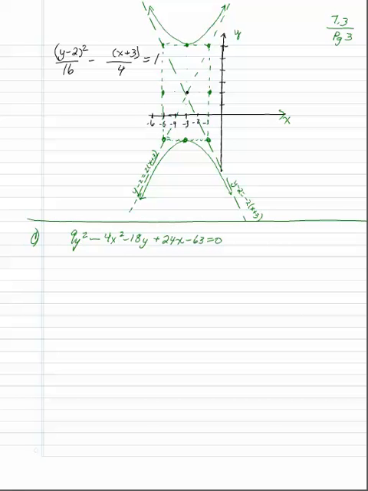Let's do another one where you got to complete the square again. So let's see, we're going to put the positive one first, that's the direction it's going to open. So we got 9y squared minus 18y, minus 4x squared plus 24x. We'll put the 63 on the other side, so add 63. Now we're going to factor out the 9, just like we did, plus blank minus blank,